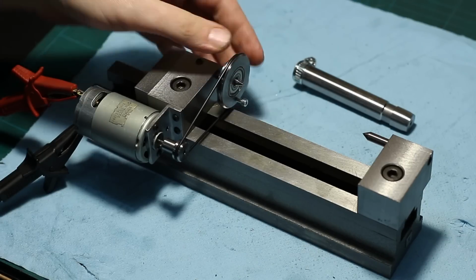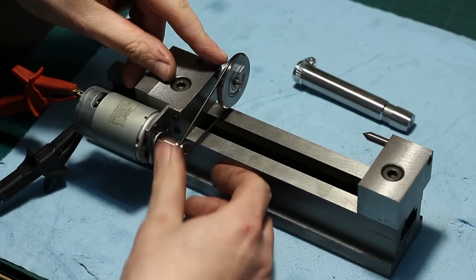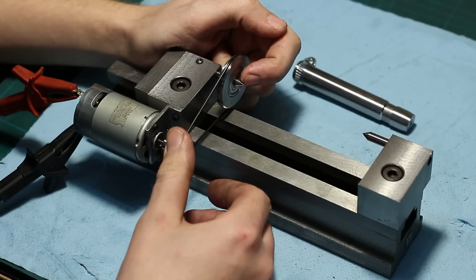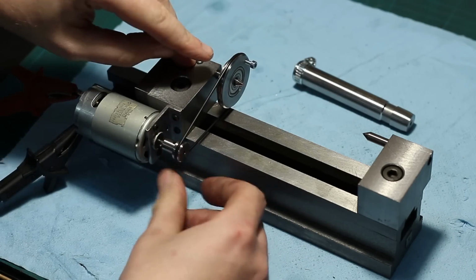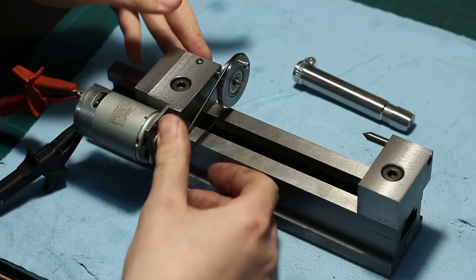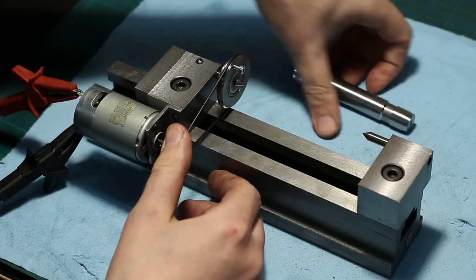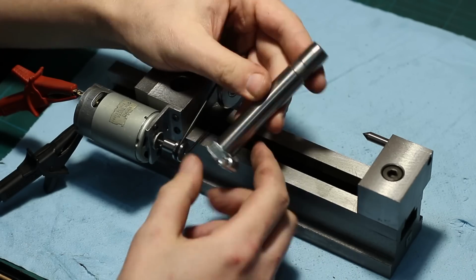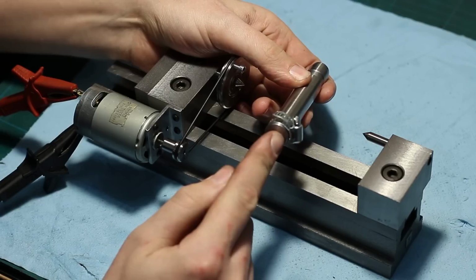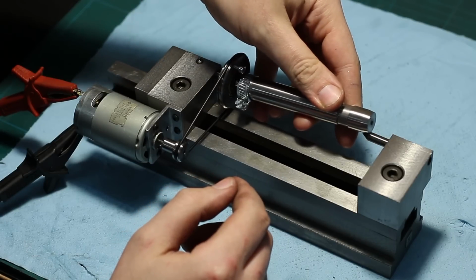And there is a bearing in it, so while the pulley is spinning, the carbide center is stationary. It does not move with the pulley. The pulley is only spinning by itself, and there is a screw sticking out of it. And if you have a workpiece like this, just a round piece with centers in both ends, and you put this between centers,